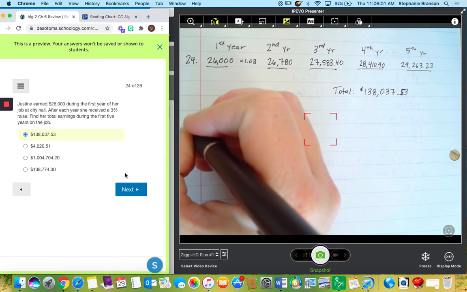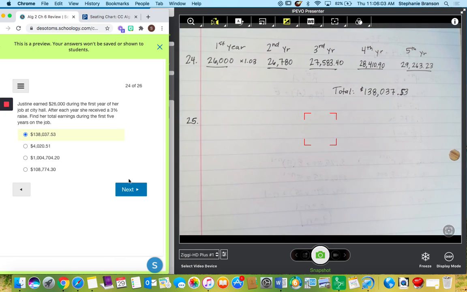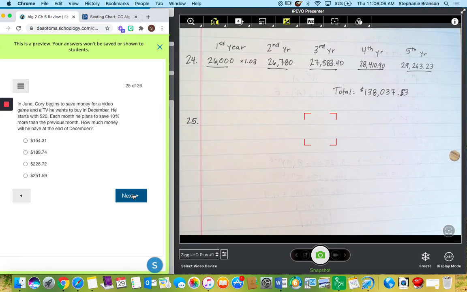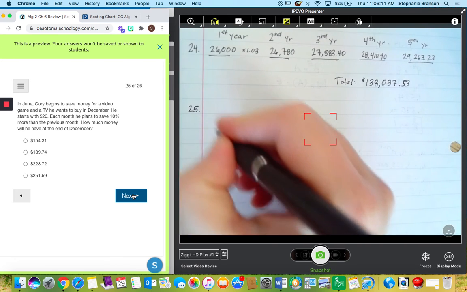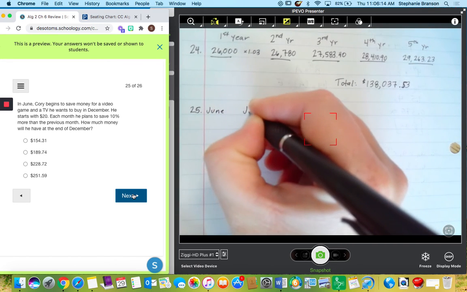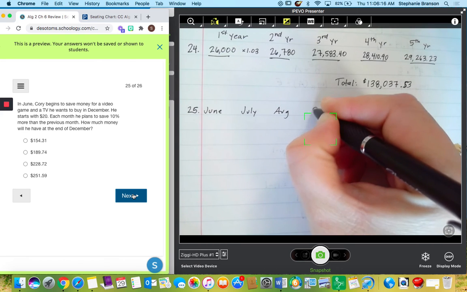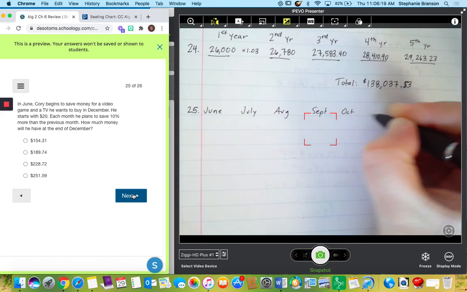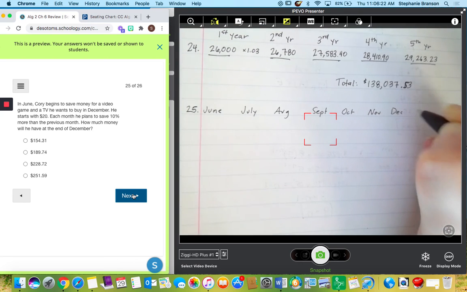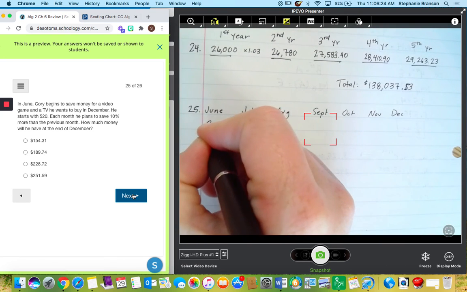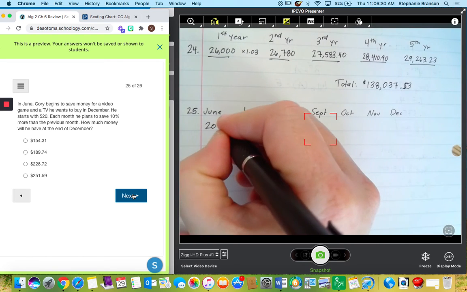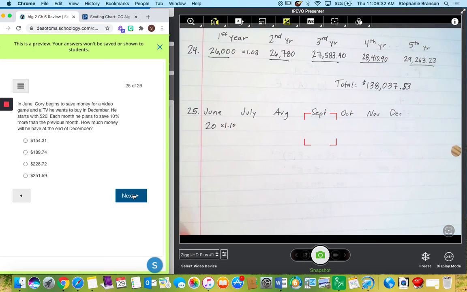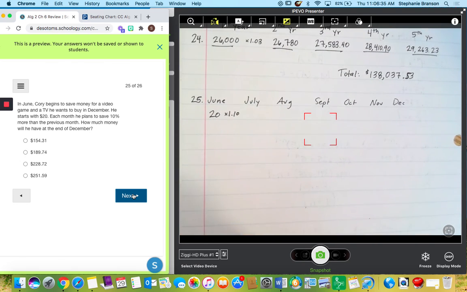All right, 25. In June, Corey begins to save money for a video game and TV that he wants to buy in December. He starts with $20. So June, July, August, September, October, November, December. In June, Corey starts with $20. Each month, he plans to save 10% more, so we're going to multiply by 1.10. 20 times 1.10